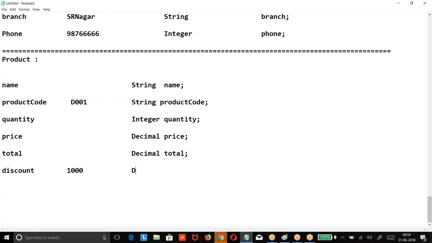This code. So this is how you identify the data, then create the corresponding data types.